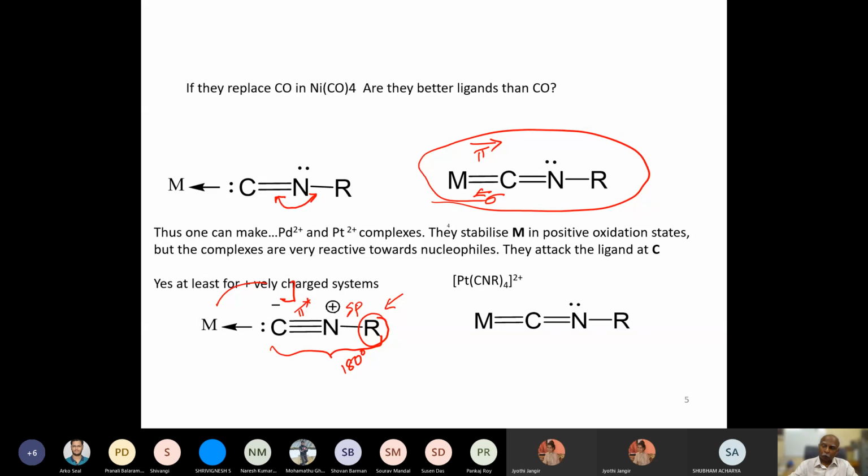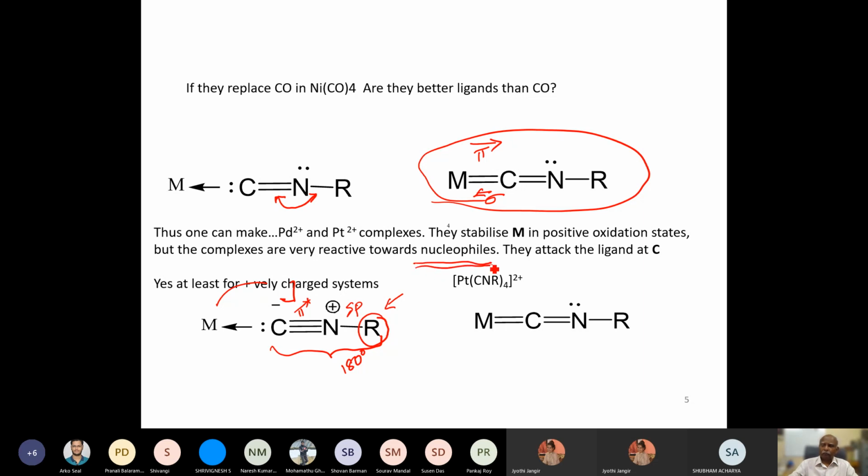And what happens is, if I have this type of a polarization, I tend to have a nucleophilic attack on this particular ligand. This nucleophilic attack by alcohols and